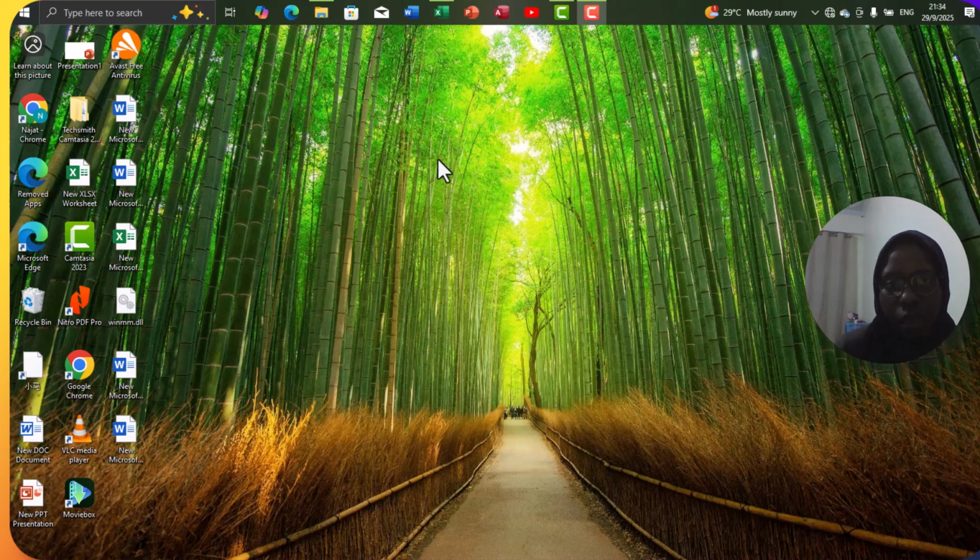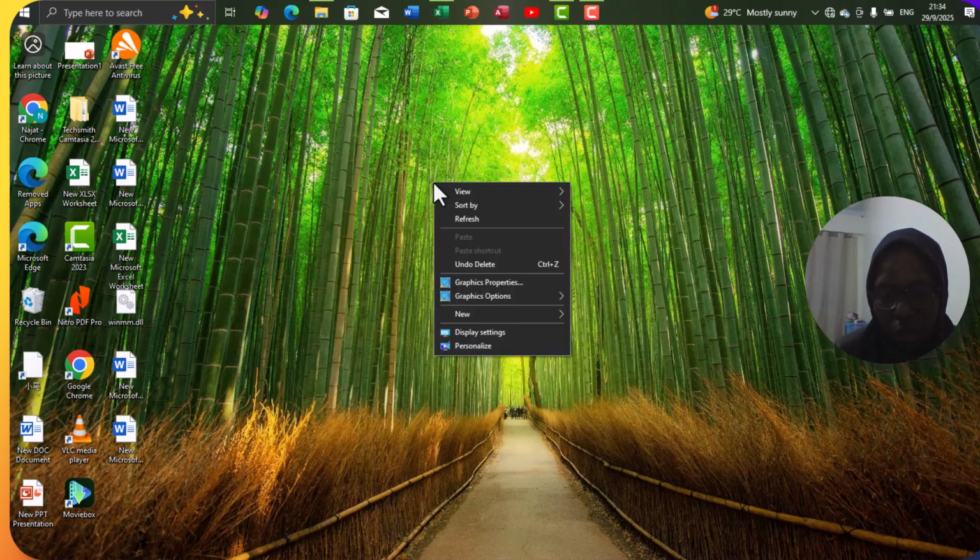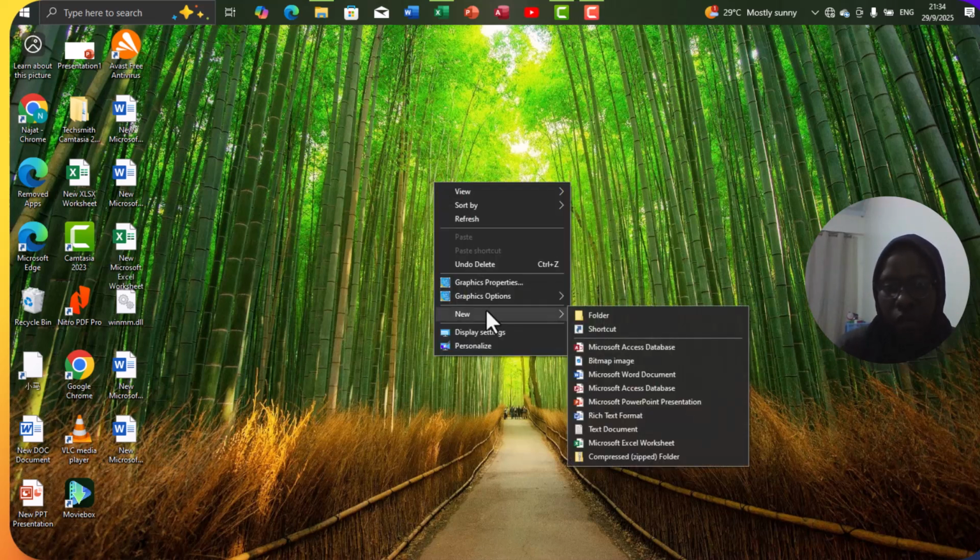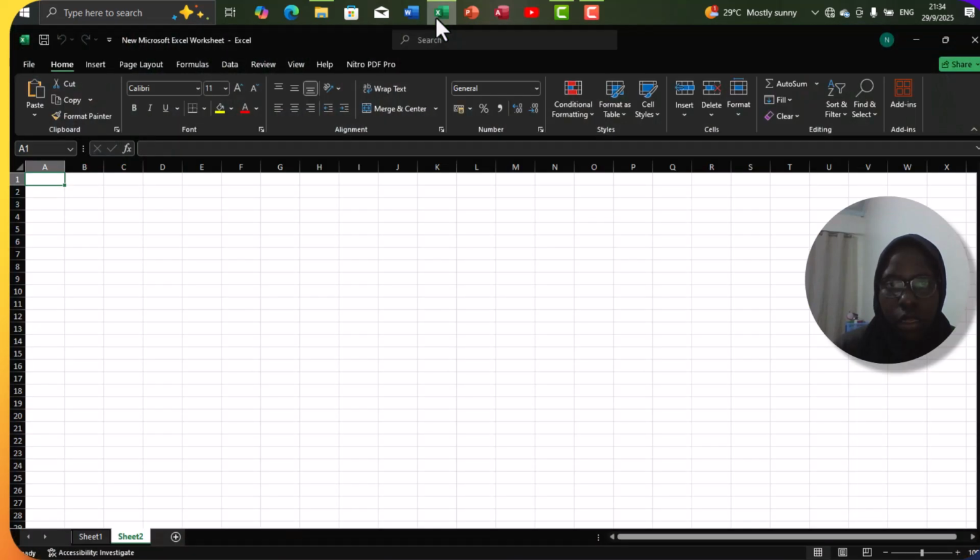To open an Excel document, you still do the same thing. You right click on your desktop and then you come to new, and then you select Microsoft Excel worksheet. But you already have an open one here. So this is how an Excel worksheet looks like. And this one, what you can see here, this is a worksheet,